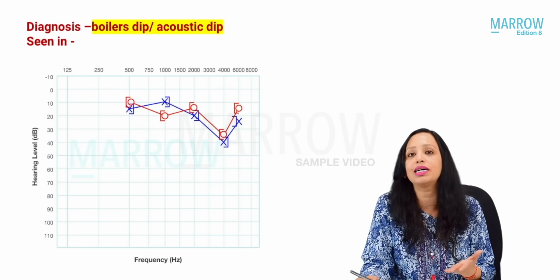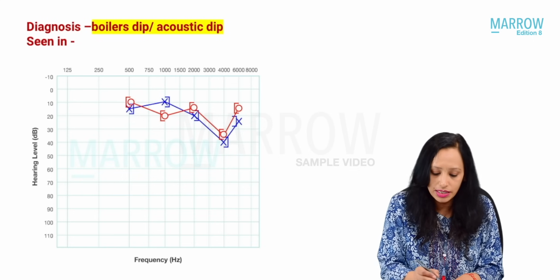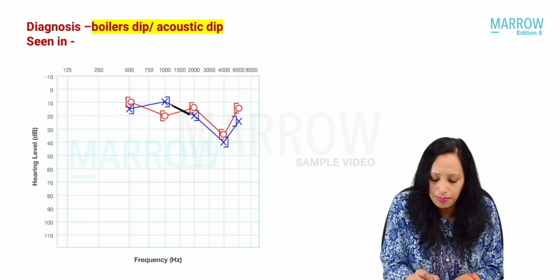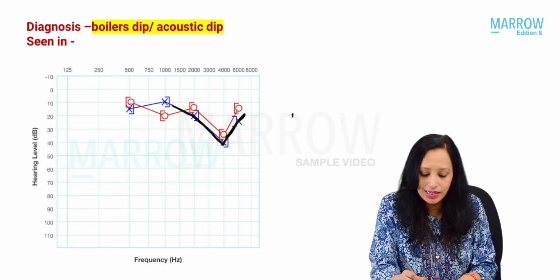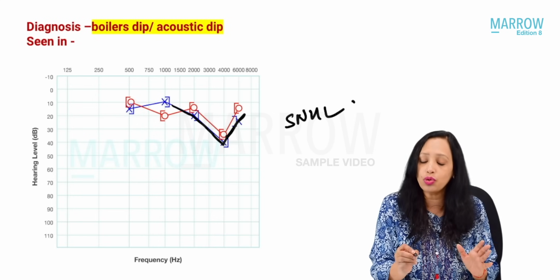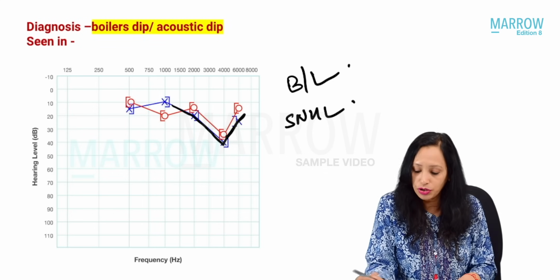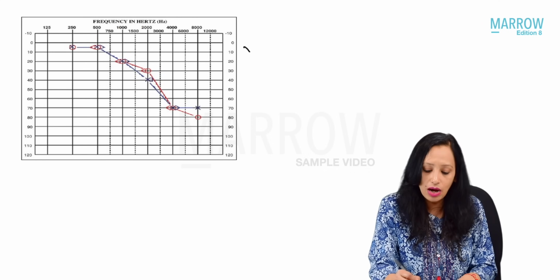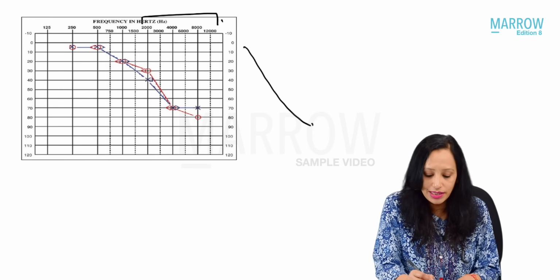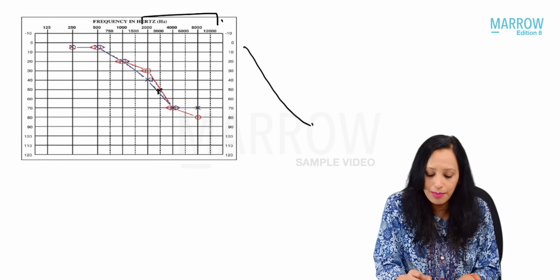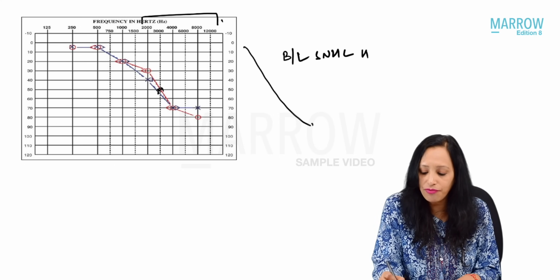In fact, this is an audiogram that you must have seen so many times. Yes or no? Yes. So we see that there is a dip at 4000 hertz and there is no AB gap. No AB gap means sensorineural hearing loss. And also notice that most of the time it is bilateral. Now if I show you this picture, what is this? Yes, this is the downsloping audiogram seen in high frequencies. Also, there is no AB gap, means it is bilateral sensorineural hearing loss in high frequencies.